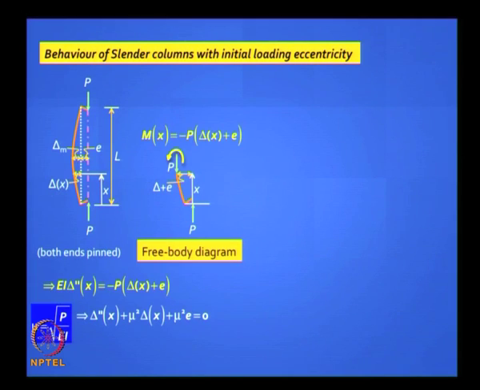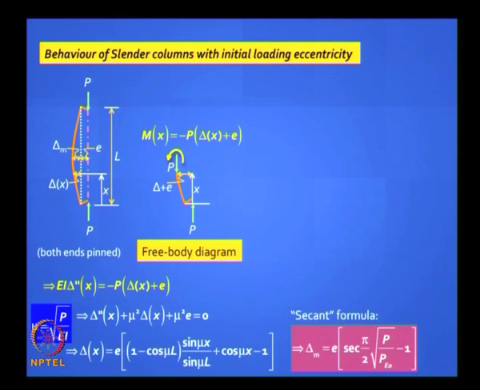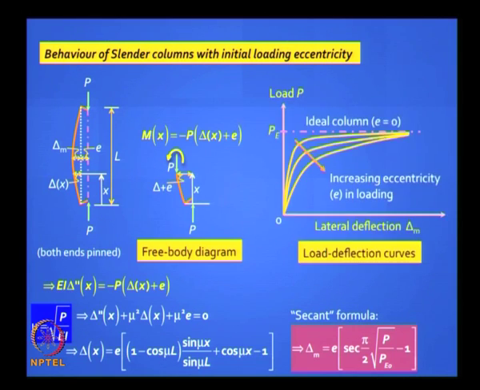So when you write this equation and you solve for this, you will find that you have an eigenvalue problem here, which if you solve for, you get an expression. This is called a secant formula, it is a famous formula, and your deflected shape looks like this. Remember the first figure we drew, we had a bifurcation point, right? Okay, we no longer have that bifurcation point. Actually, you do not have an eigenvalue solution. This is not an eigenvalue problem. You have a unique solution, and what is interesting is that all those lines you can see, if you look carefully,